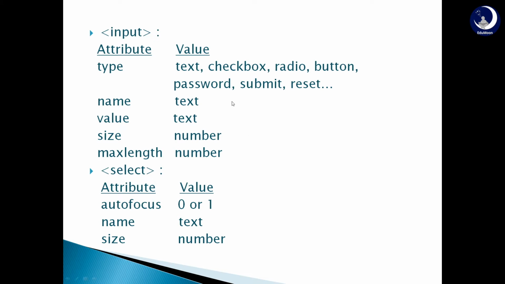Password. It works same as that of a text field, but the difference is that when we enter characters from our keyboard, they will not get displayed. Instead, bullets or asterisks are displayed, not disclosing the content in the password field, for security purposes. Submit button is used to submit the details of the form. Reset. It is the button that when clicked resets or clears all the information we have typed in the form.